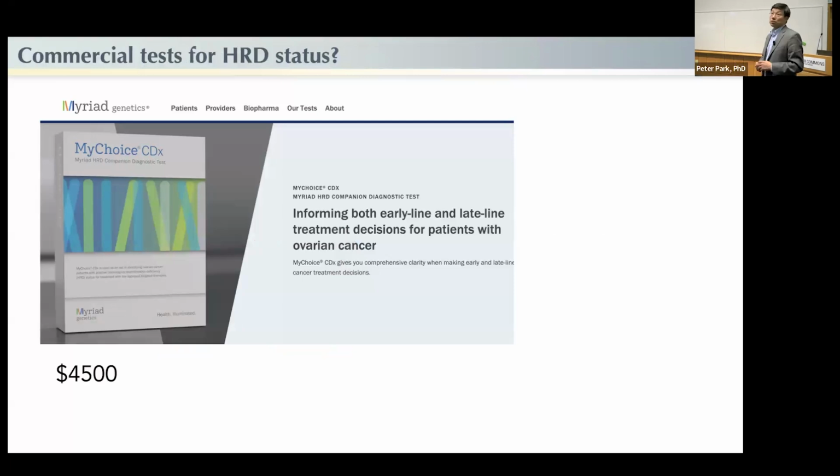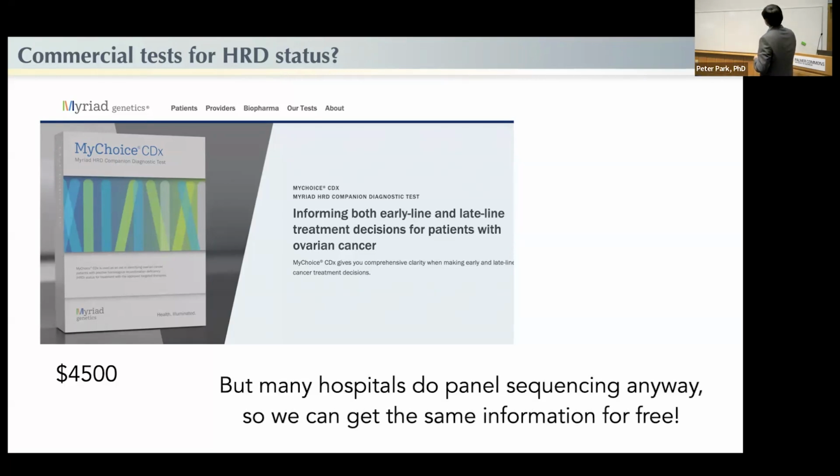There is, in fact, a commercial test for this. Biogenetics sells something called My Choice CDX, $4,500. So a lot of clinicians actually send out this for $4,500, okay? And our proposal was it's free, just a little compute, okay? Now,